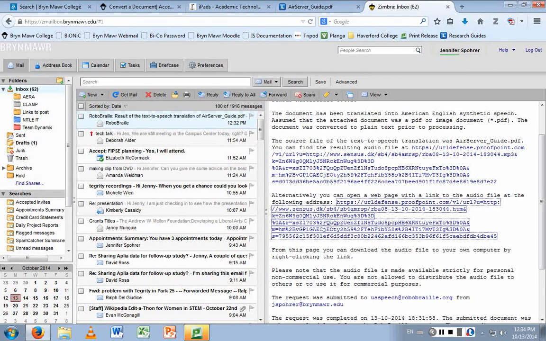So, one thing I like about this is the students can use it, so it empowers students to, even if it's not a document provided in the context of class, or if they see something up on our LibGuide, they can put it through even if we haven't made it accessible. It makes it a lot easier for us to make things accessible.